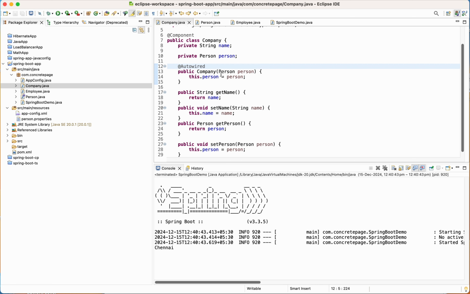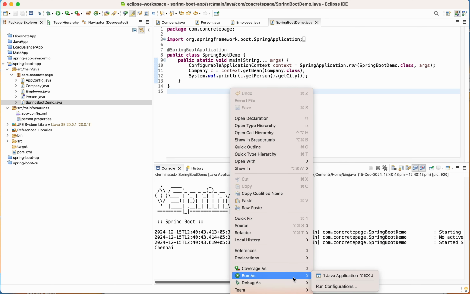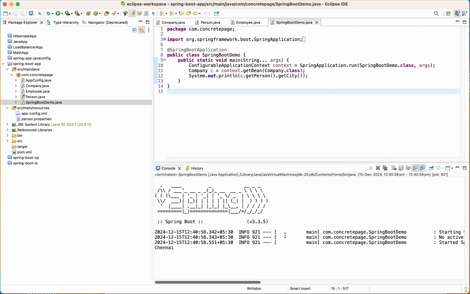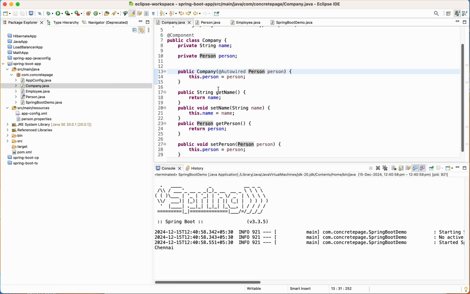One more thing I would like to show you, that you can use this @Autowired annotation at the parameter level too in the constructor. Again it's running. So in this way we have seen that we can use @Autowired annotation to inject a bean,